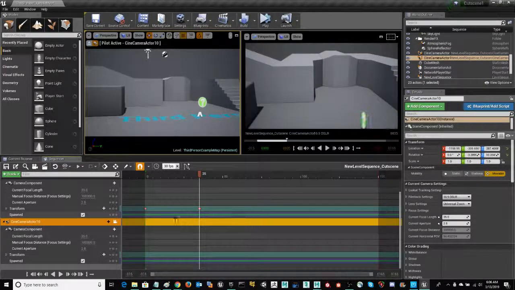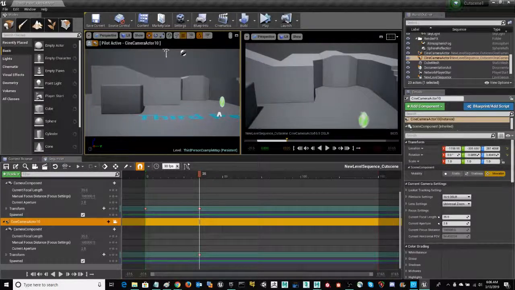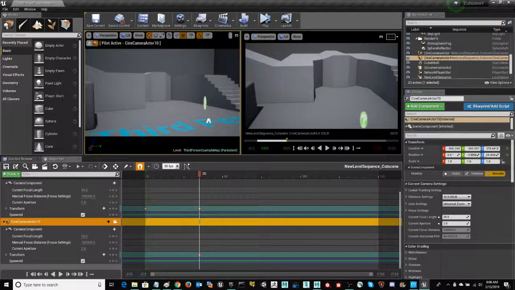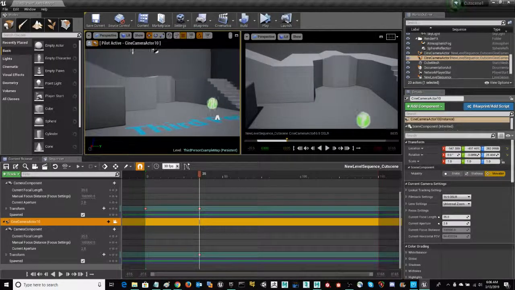So let's go ahead down here, and in the transform track, you're going to place your first keyframe. Notice that you're able to drive your camera to that location. Start from this angle and go ahead and plot that keyframe. I'm going to find another location on my time slider, go all the way to the end with this one,